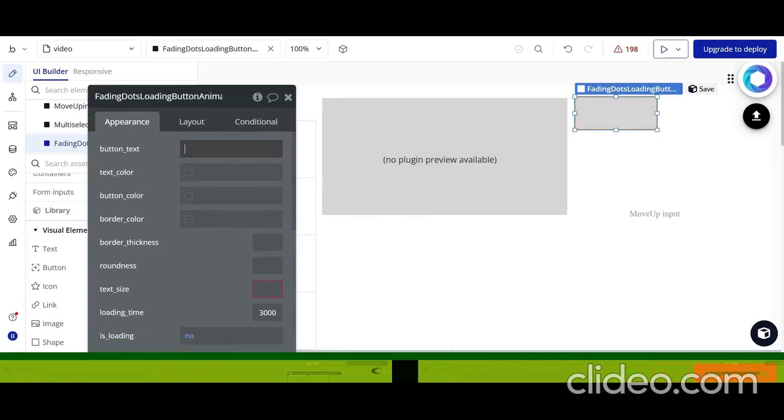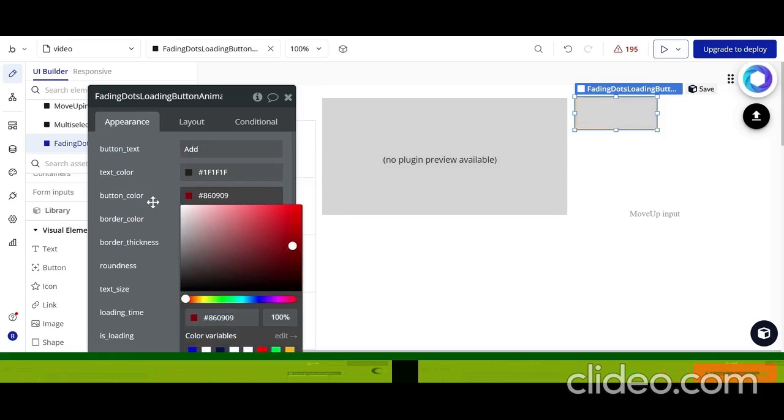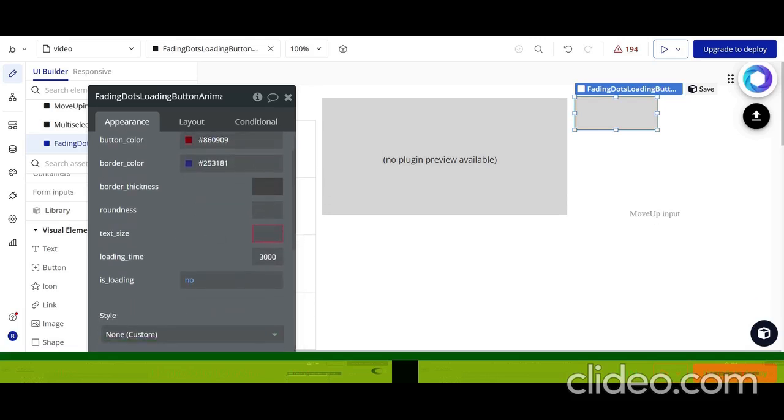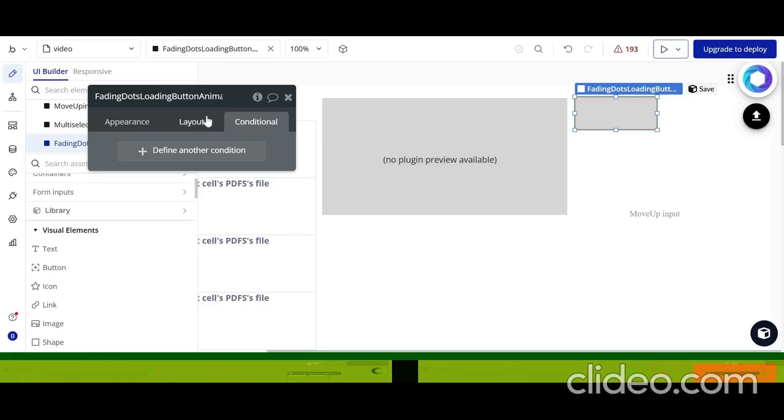Let's set up the appearance, button text and text color. Button color, let's make it red. Border color, let's make it blue. For roundness, I guess perfect roundness for all buttons is 20. Text size, let's take 15. What you guys need to pay attention to is this: is loading, always set it to no, because if you want to make it loading and see the animation,